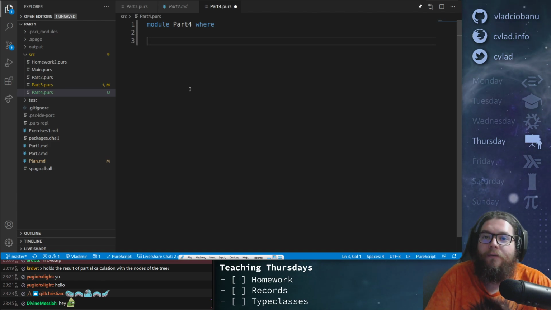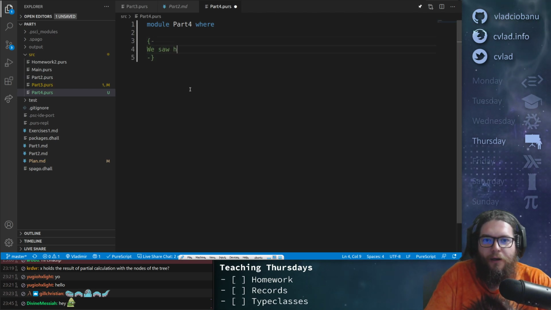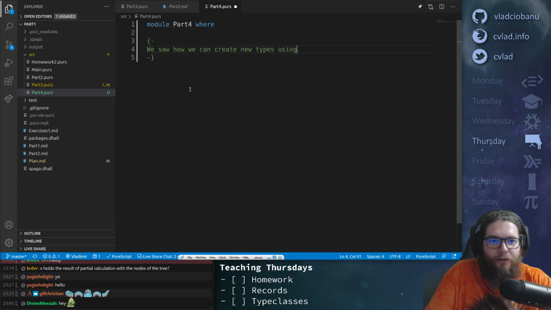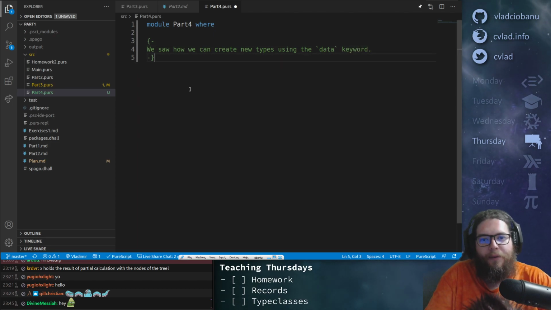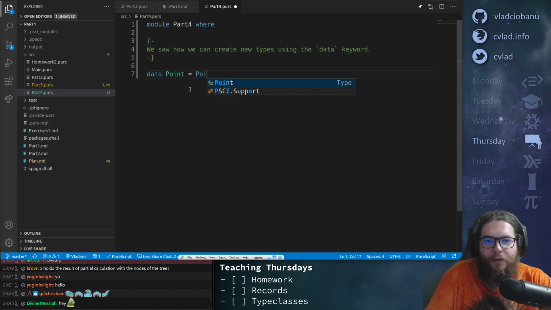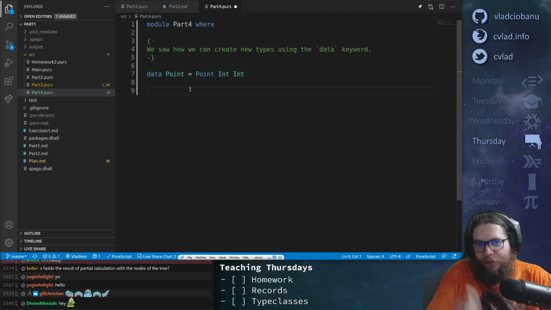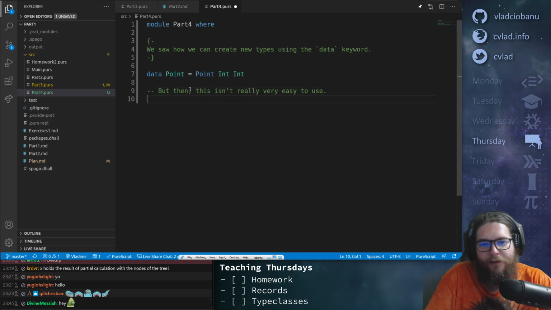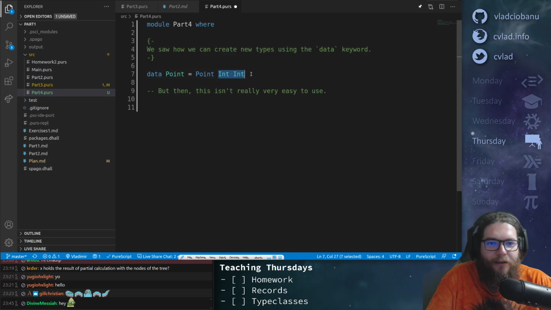What should I explain first? So we saw how we can create new types using the data keyword, right? So we did something like data point equals point int. But then this isn't really very easy to use. So for example, what if we have a 3D point, with 3 ints, and then which one is